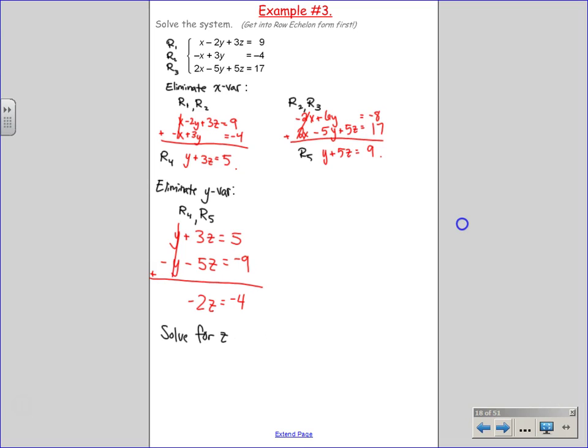If you follow the system every single time, if this is a consistent system with finitely many solutions, you will have your z after steps 1, 2, and 3. Z is equal to 2. Now check it. If they wanted row echelon form, I know the purpose is to solve, but hold on. If they wanted row echelon form, the new vocab word we saw at the beginning of the section, do we